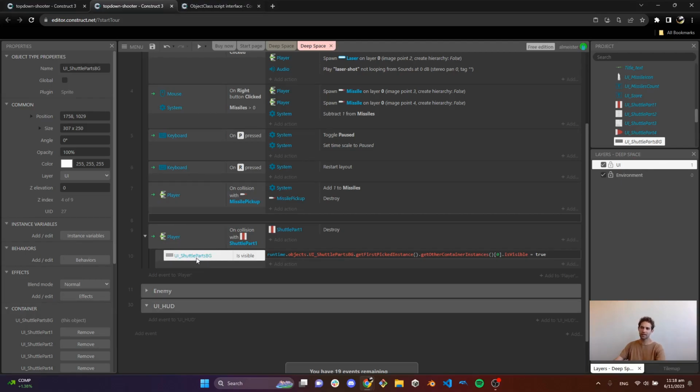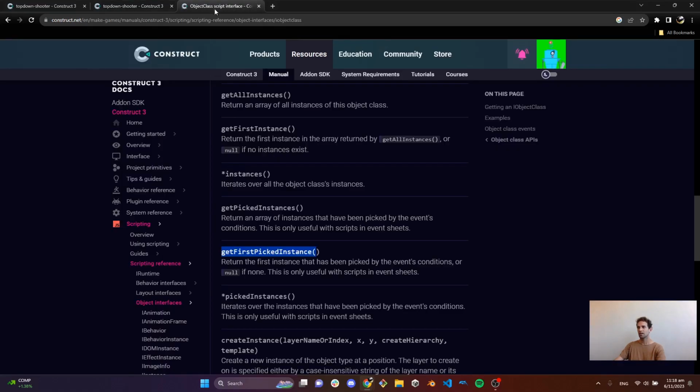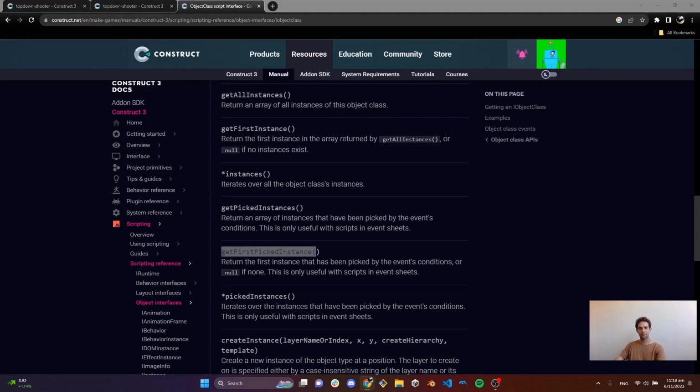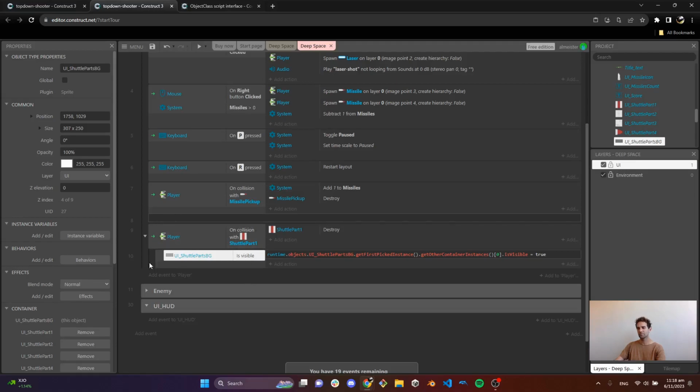So it's getting the UI shuttle part background with that call there. You have a bit of a read of those if you want to dig in a bit deeper. There's actually quite a bit you can do with the code in Construct 3, the JavaScript interface. Right, so let's just finish off by extending this code to make it work for the other